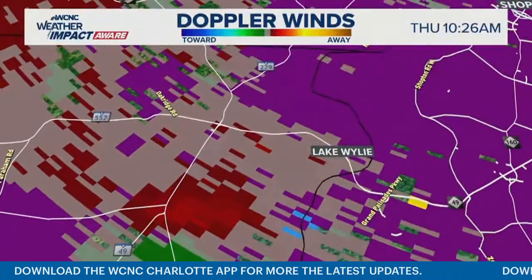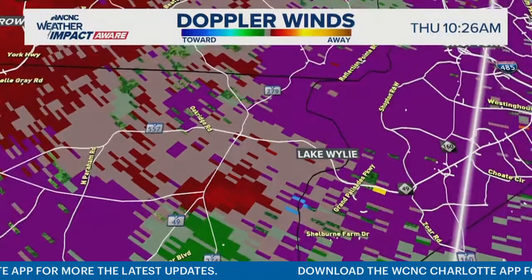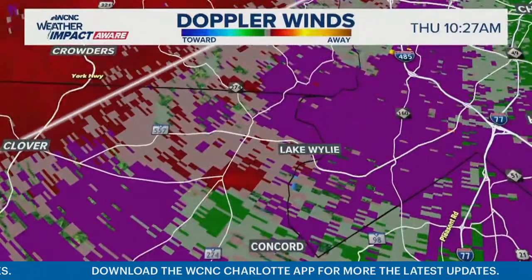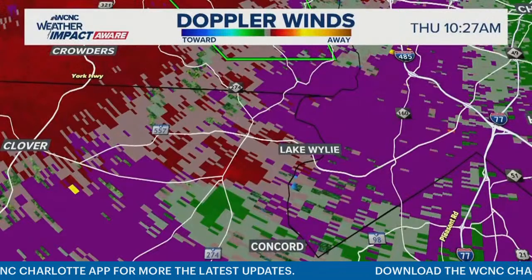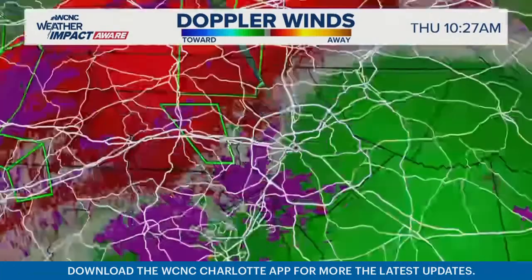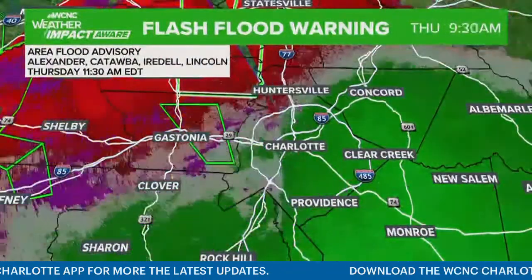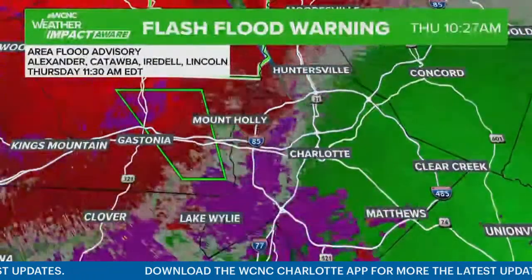So Highway 49, 557, right in that area, that's where we have a potential rotating storm that could be our next tornado warning, Larry. If you live in that area, just a few miles from Lake Wylie, towards Highway 557, you're probably starting to get some really gusty winds right now. If you see any resemblance of a funnel cloud, which you probably can't see because of the rain, but let us know